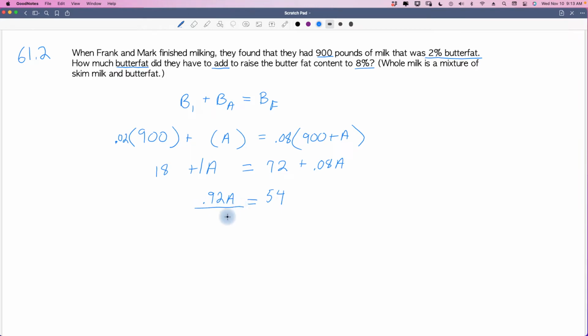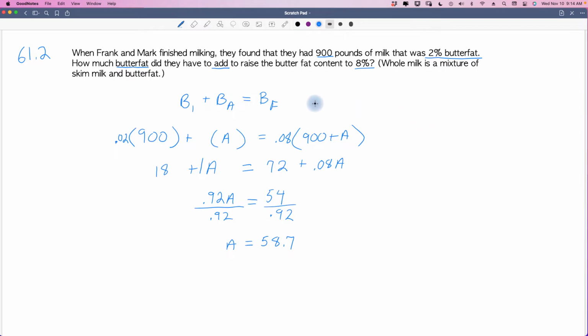So now we divide both sides by 0.92. And we find out that the amount of butterfat that was added was 58.7 pounds. All right. And so 58.7 pounds butterfat was added to the 900 pounds of milk to give us an 8%